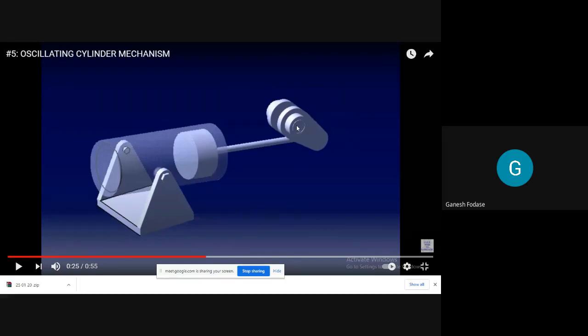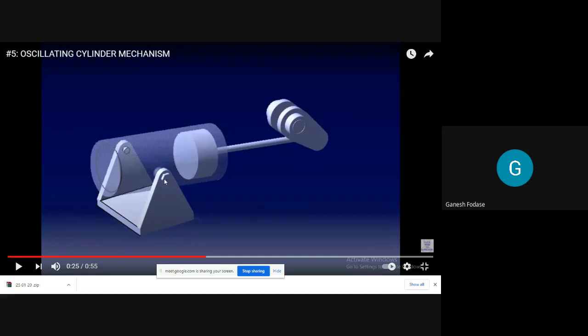And you can see this point is also a fixed point. So if we join a line joining these two points, it is with link number 3. And what we can see here is that this cylinder, the 4th link, is forming a revolute pair about this link, that is link number 3. So we can see that about this point it will oscillate.